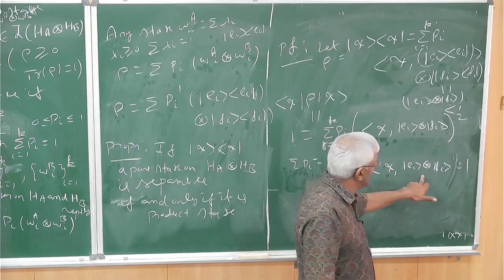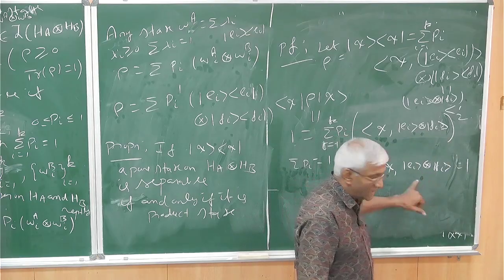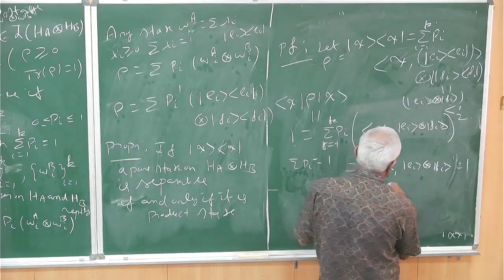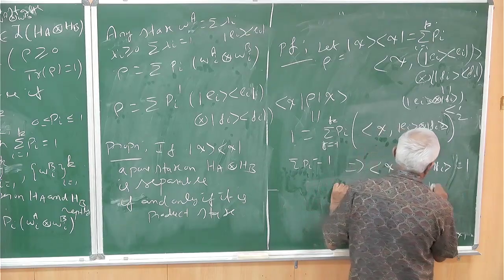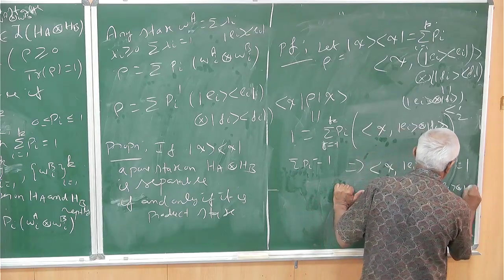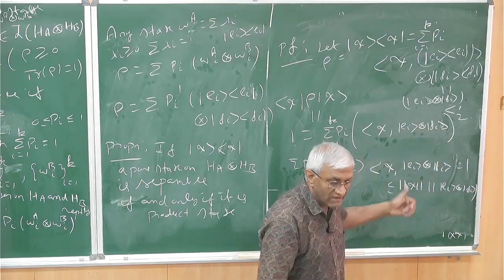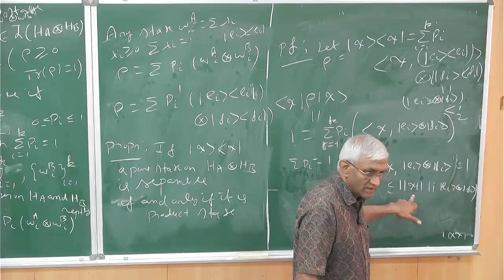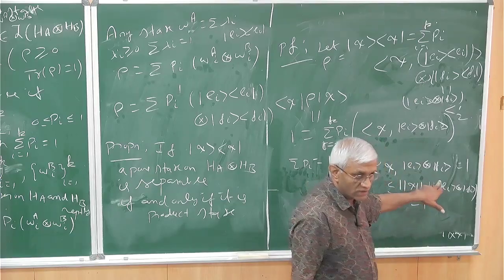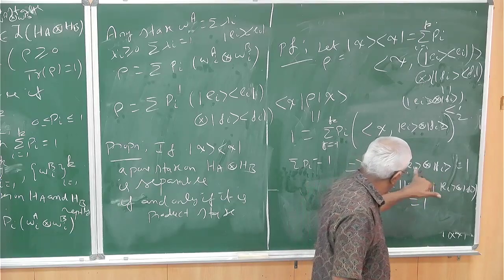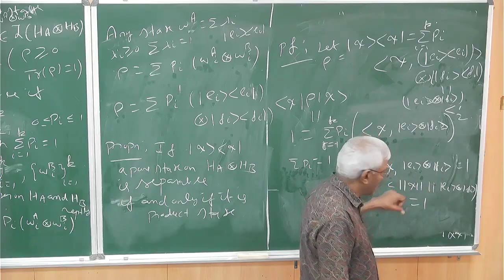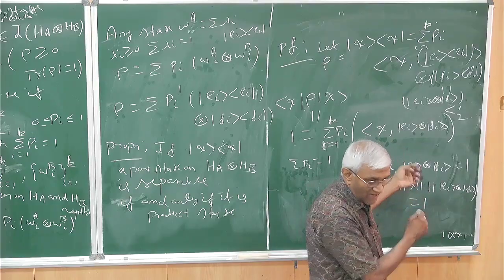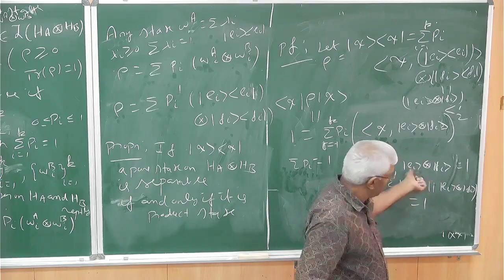But then this is a unit vector, and this is a unit vector, and the inner product is 1. Cauchy-Schwarz says that this is less than or equal to the norm of chi times the norm of e_i tensor f_i. In Cauchy-Schwarz, equality holds if and only if one is a constant multiple of the other. So here equality holds, and this is equal to 1. When equality holds, they have to be scalar multiples of each other. But since they are states, that scalar has to be positive. It has to be 1 only. It cannot be another scalar because then the norm will change. So they should be equal.